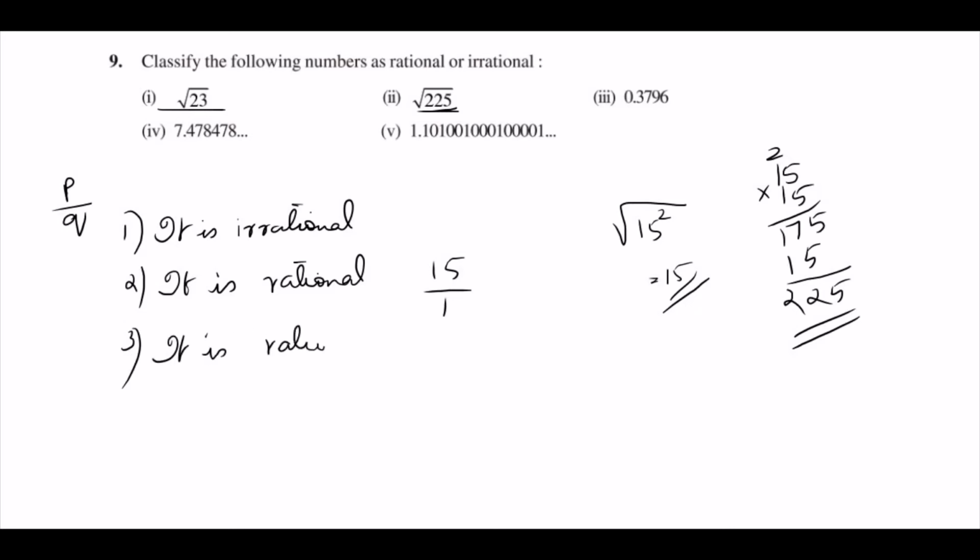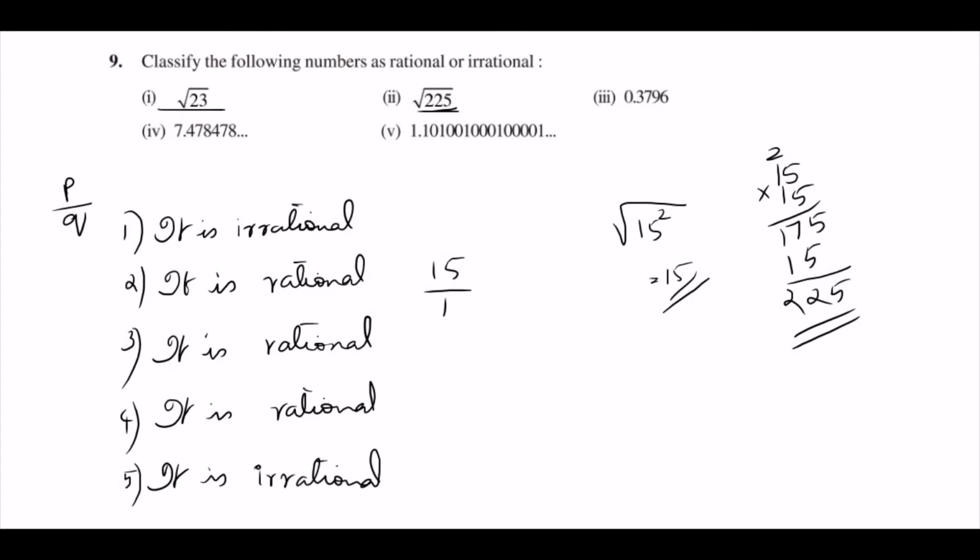Whenever you see a terminating decimal expansion or a non-terminating and repeating decimal expansion, you can say those numbers are rational. Now here you can see it is 7.478478, so it is repeating. So it is a non-terminating and repeating decimal expansion. That means it is a rational number. Only rational numbers can have non-terminating and repeating decimal expansion. This one is non-terminating. From the dots you can understand that it is non-terminating, and it is non-repeating. That is, the numbers are different. It is not repeating. That means it is an irrational number.